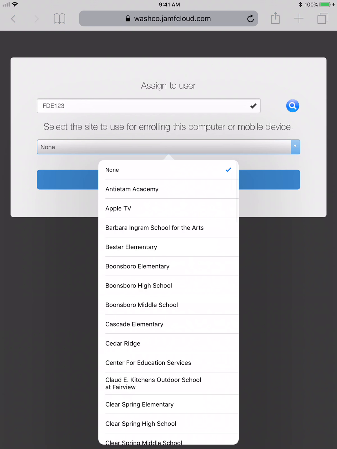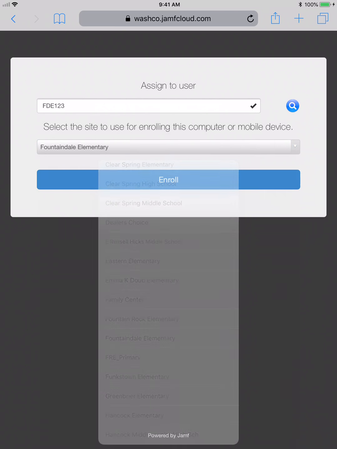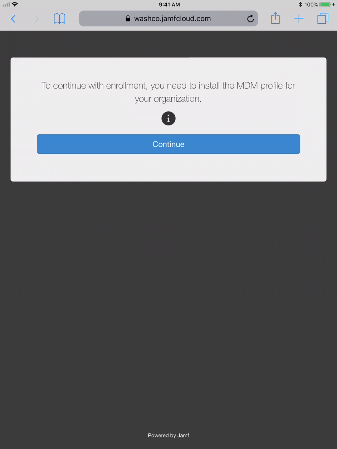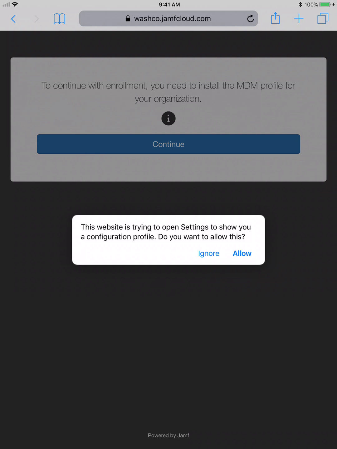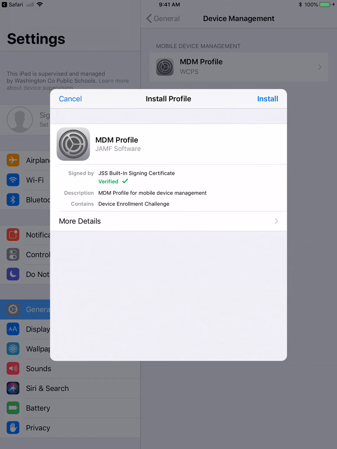Then you're going to select the site, which should be Fountaindale, and then click Enroll. Continue, allow, install, install,